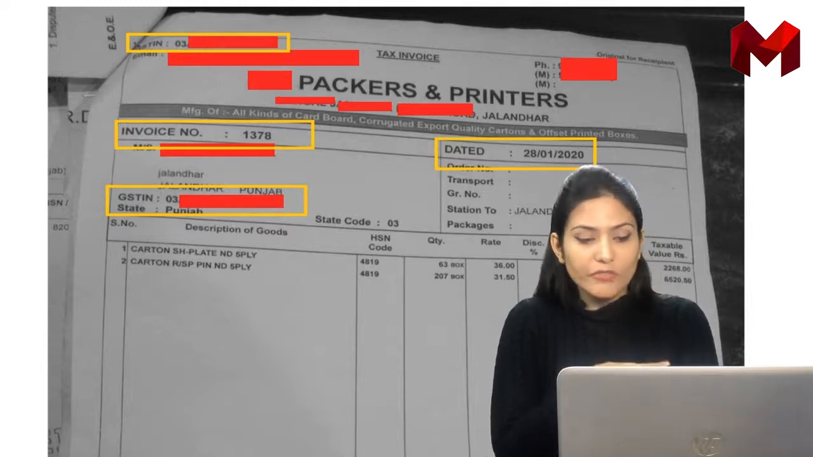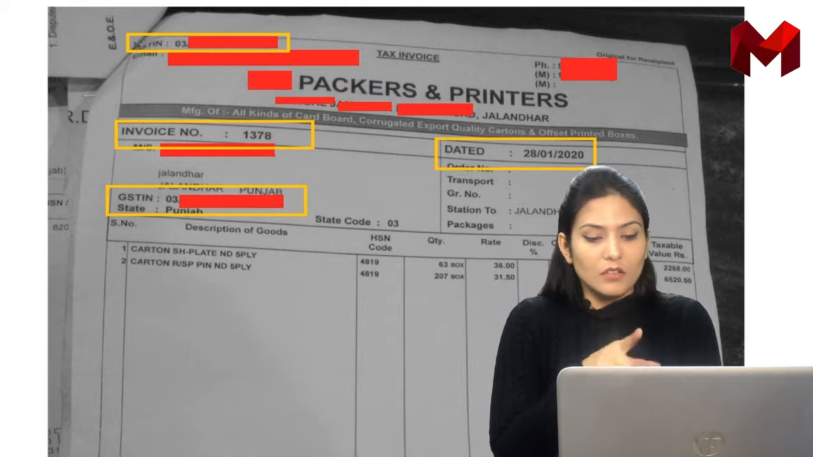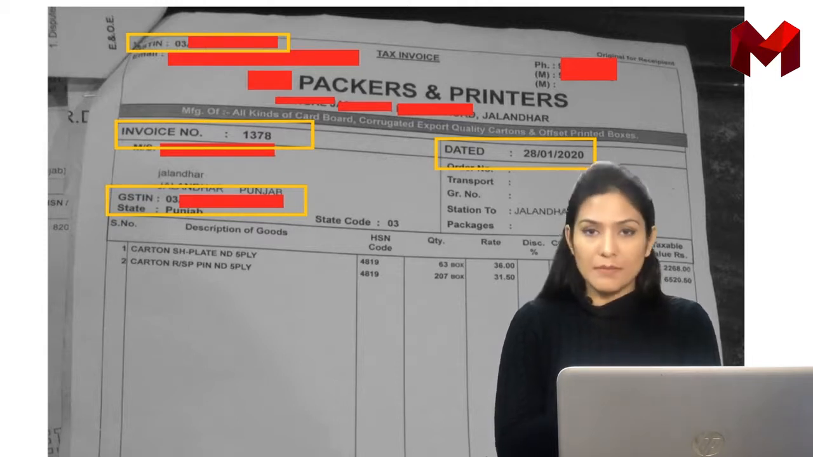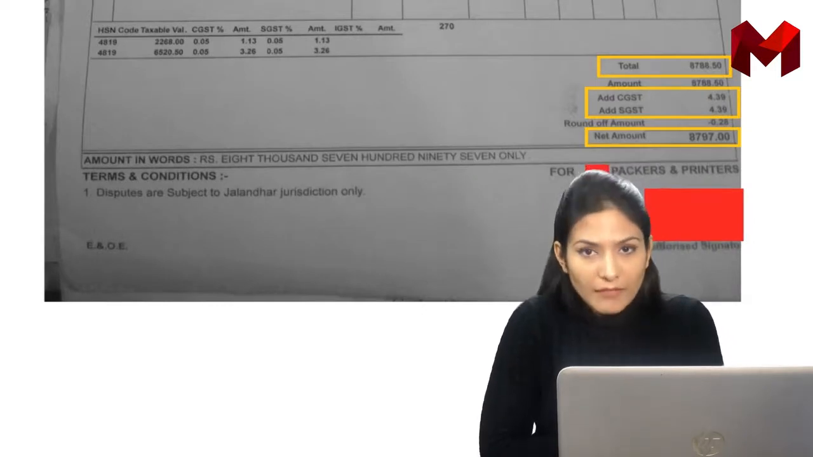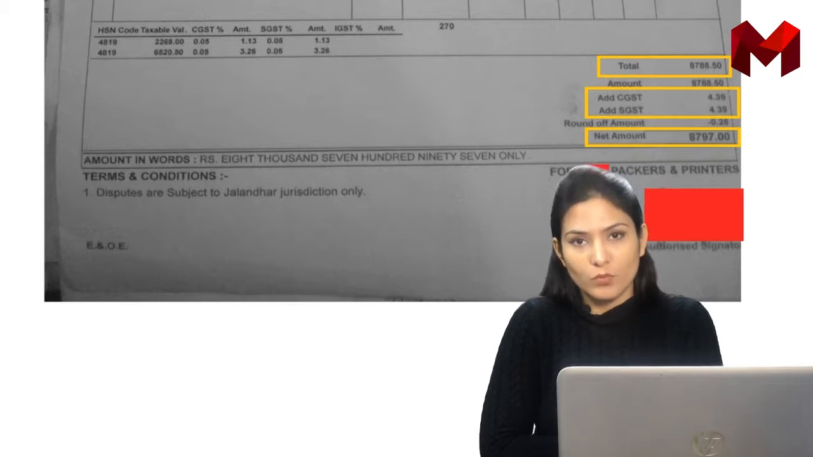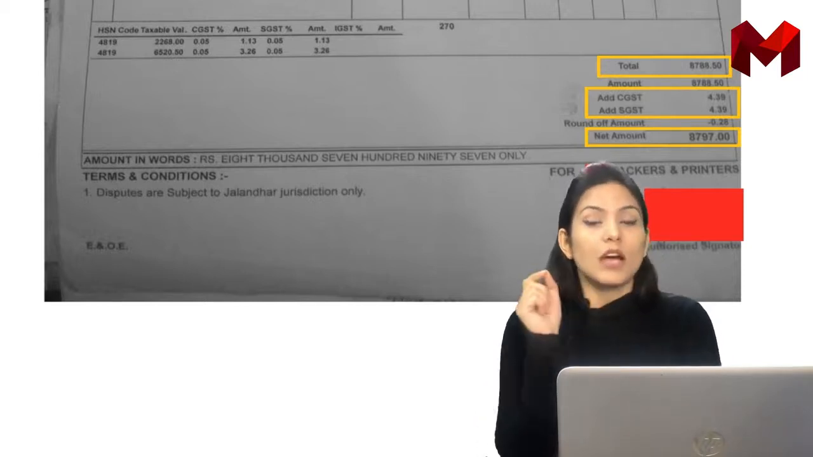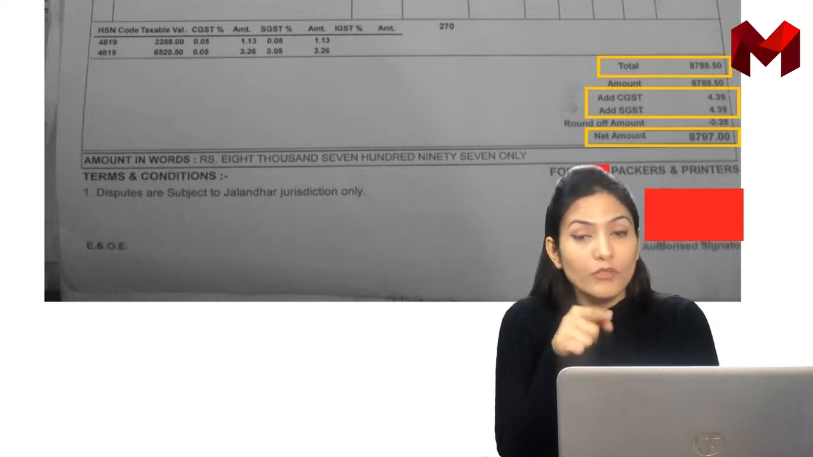HSN code is also mentioned, 4819. 63 is the quantity, 36 is the rate, and the amount is also there. Everything is completely mentioned on the bill. If we see the amount, the total taxable value is 8788.50, which is mentioned on the bill, the total of the goods which we are purchasing. The value of those items is the taxable value, the amount on which